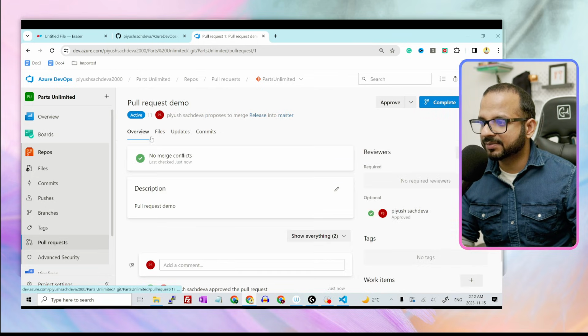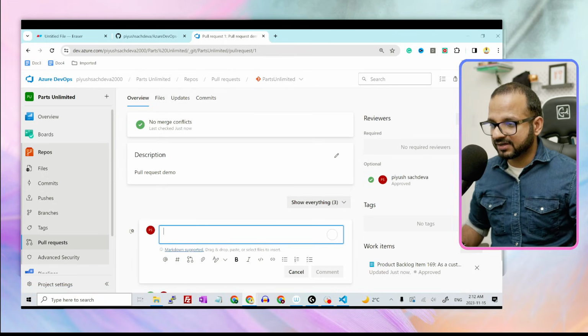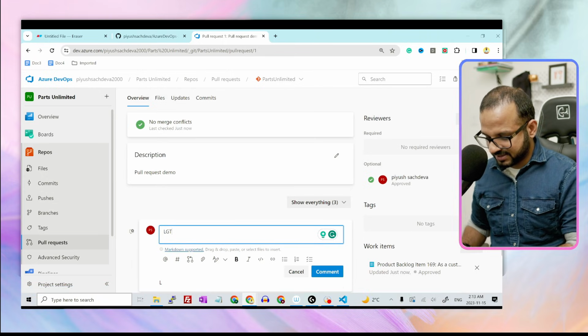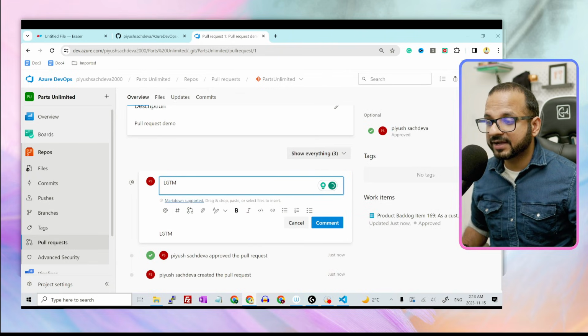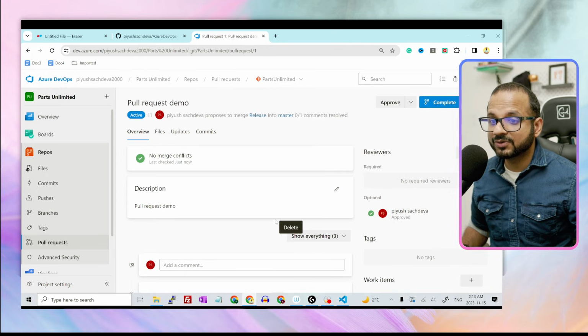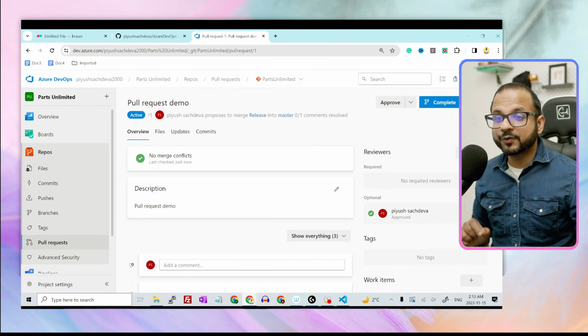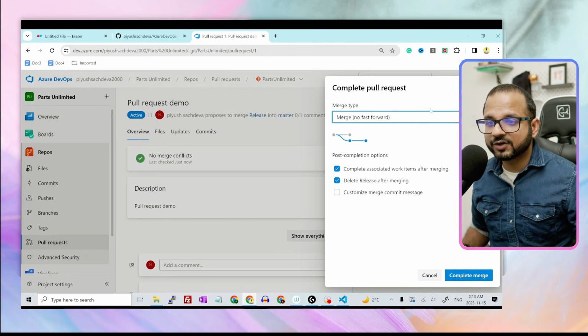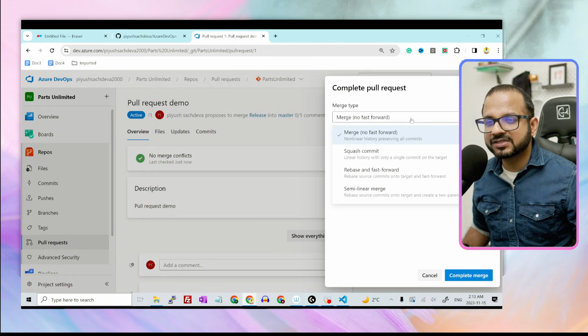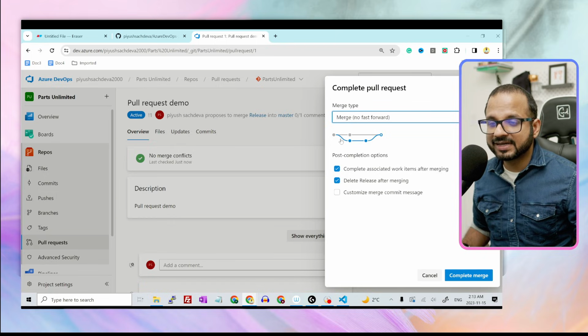So I can maybe go to overview tab, add a comment. Let's call it LGTM. Looks good to me. And I have already approved it. So comment, and even though we approved it, we need to complete the pull request. So let's click over here, and then we have different merge types. So we basically merge this branch into the main branch,